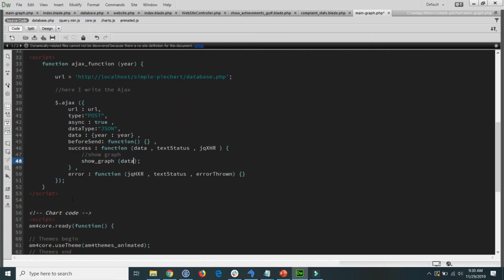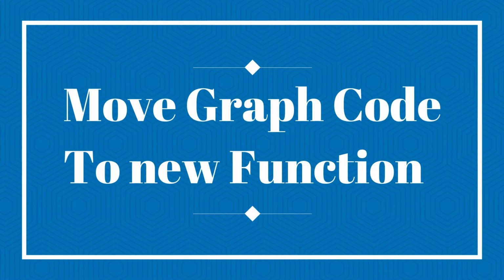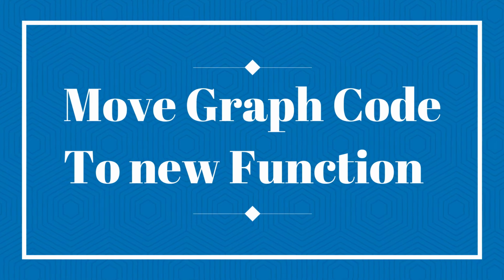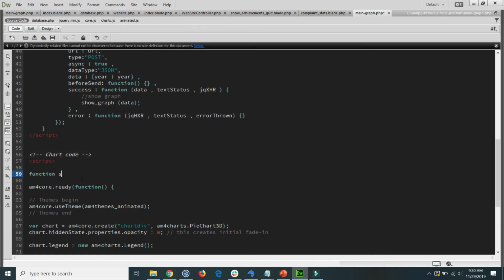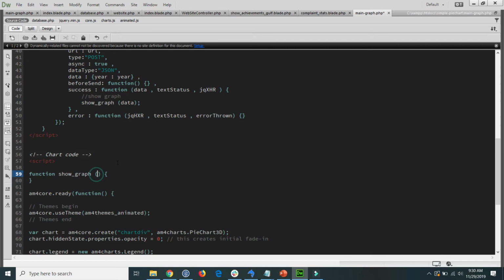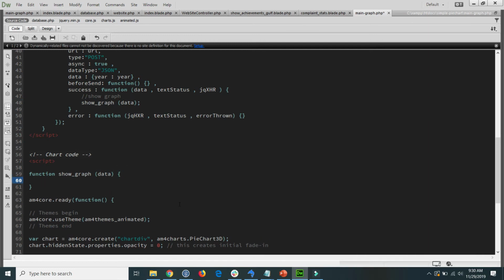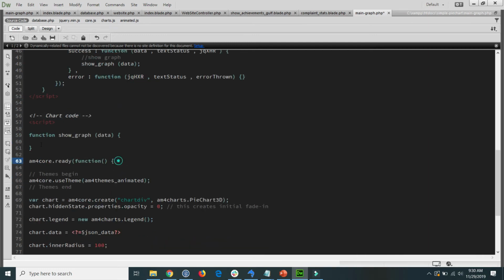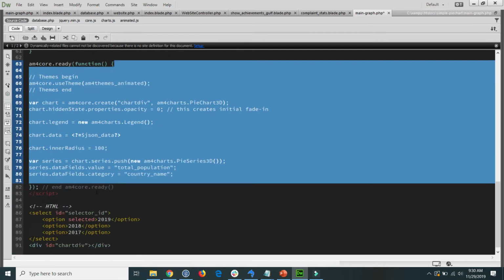Here I write the defined function that is showGraph, and inside the showGraph function there is data that is passed as a parameter, and to get the data, all the graph showing function I remove from here,